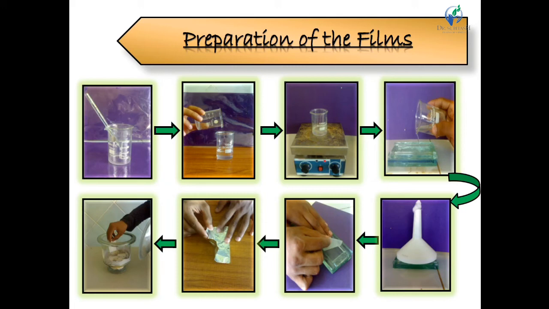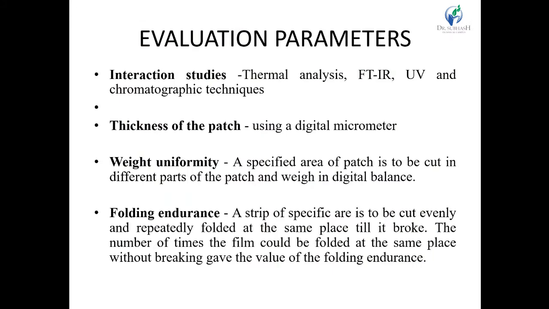Then we have to pour into the specific mold, or we can go for the petri dish. Then we go for drying for evaporation of the solvents in a controlled manner, slowly, for up to 24 hours. We put an inverted funnel and cotton, so we can control the evaporation rate. After the evaporation, we pull the patch out of the mold or petri dish. We pack it into aluminum foil, put it in the desiccator, and go for packaging. Like that, these are the simple procedures for the preparation of film in the laboratory.